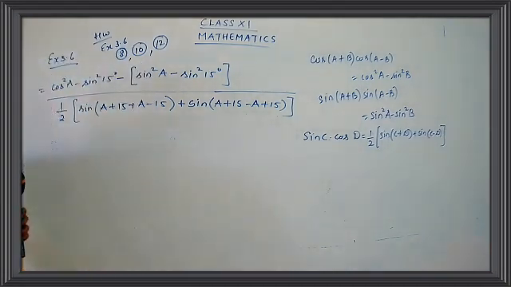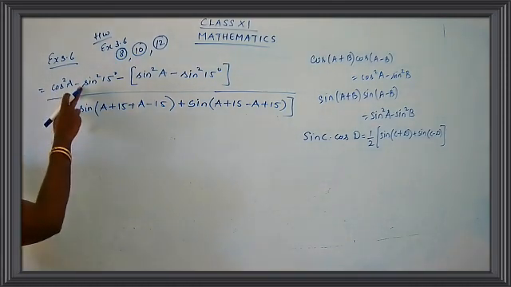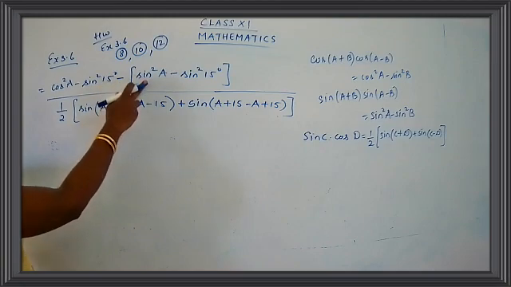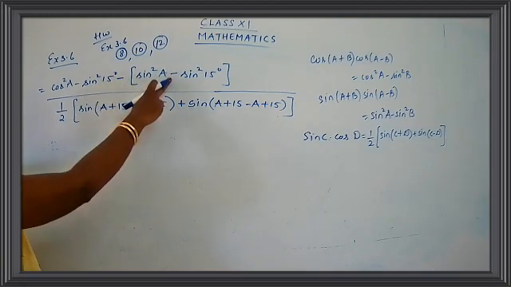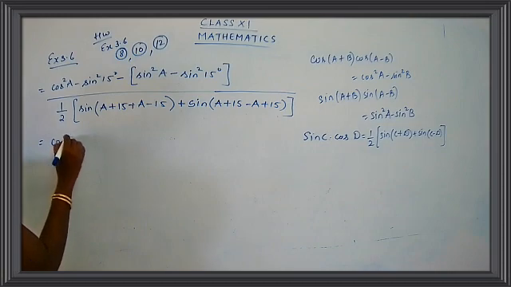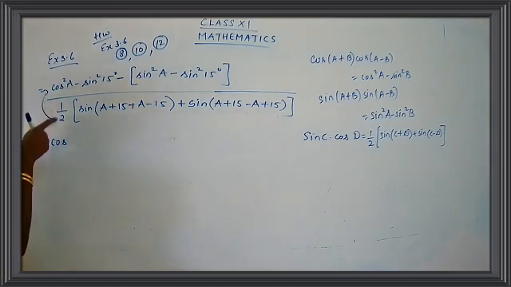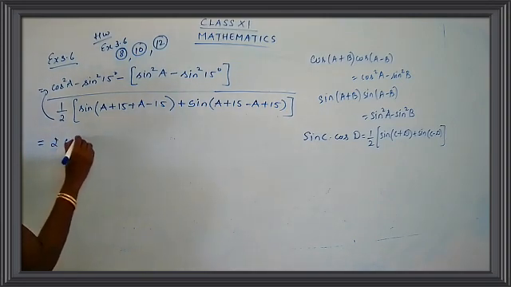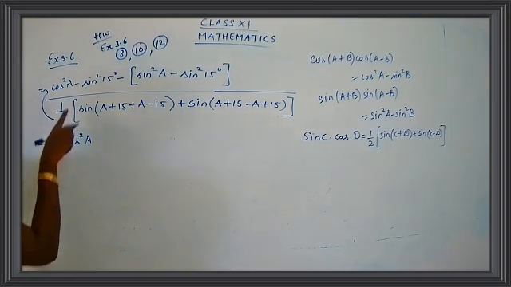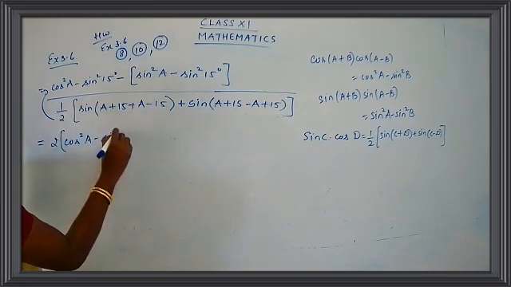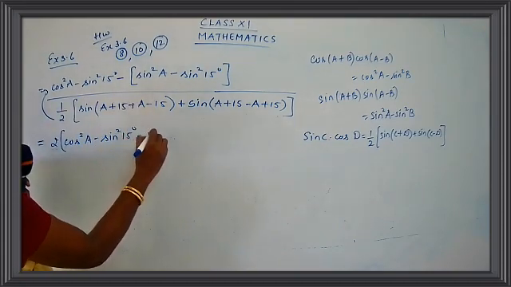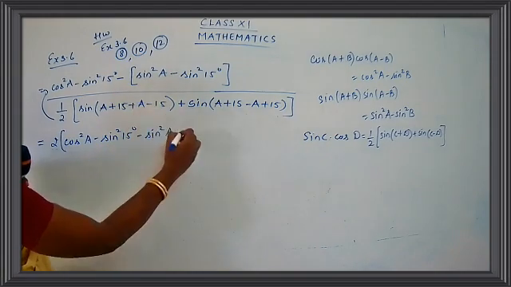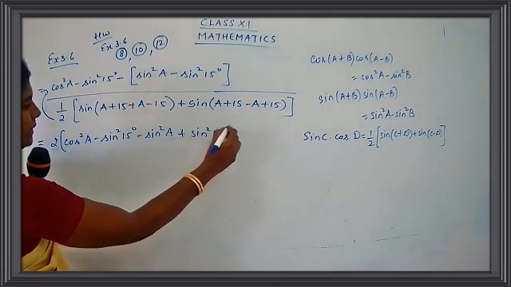So now mostly the work is done. So we have to just go with the answer. Just see whether we can cancel out any of the terms here. See here, this is cos square A, this is minus sine square 15, this is minus sine square A, and this will turn to plus. Okay, I just write one more step, no problem. And I'm going to take this 2 to the numerator part, half. So 2 will come to the numerator part. So I get here 2 cos square A, just use a bracket here, 2 cos square A minus sine square 15 degree minus sine square A, minus minus will turn to plus sine square 15 degree.